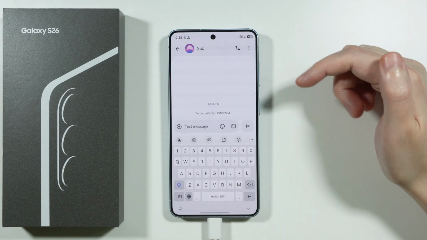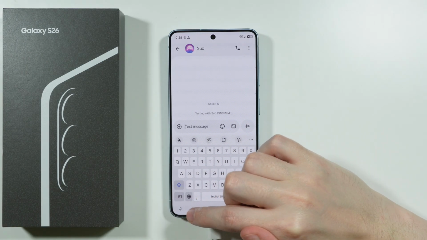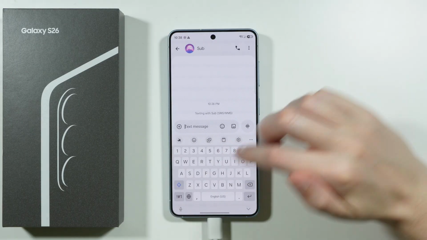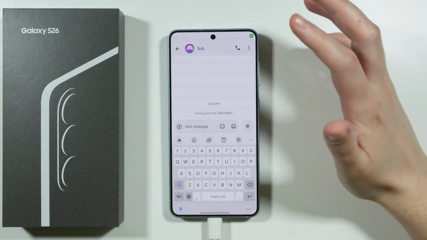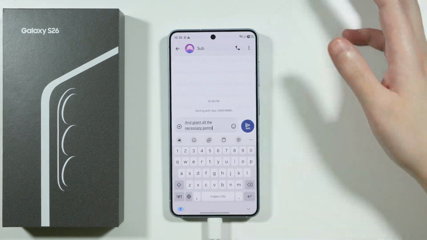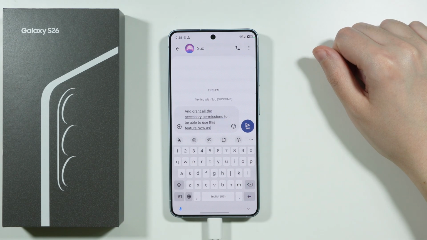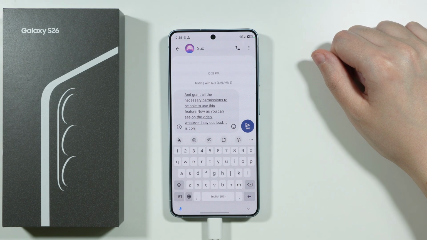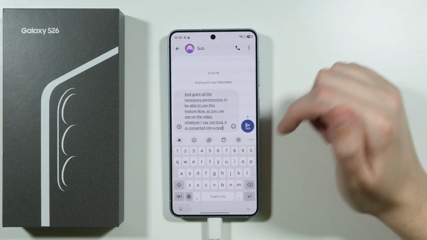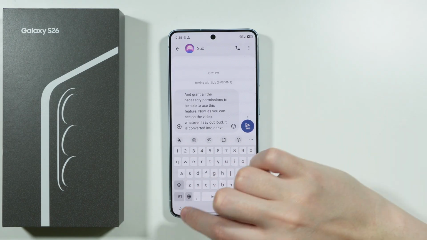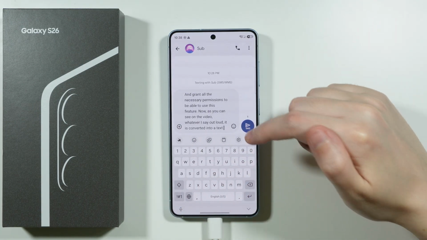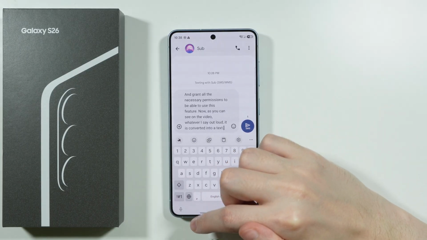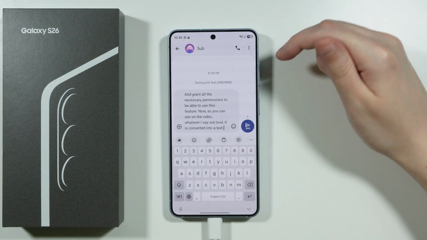Once you open the keyboard, then most likely here in the bottom left corner you should be able to find this microphone. You want to tap on it and grant all the necessary permissions to be able to use this feature. Now, as you can see on the video, whatever I say out loud, it is converted into text. Once you are done with your speech, you can tap on the microphone again, and of course you can send the message. In case you don't have the microphone in here or on the right side,